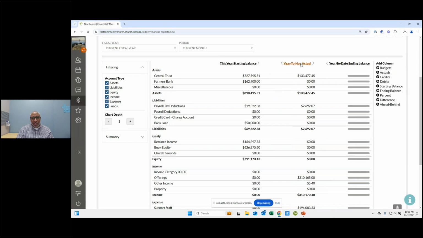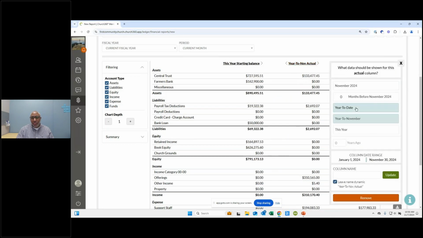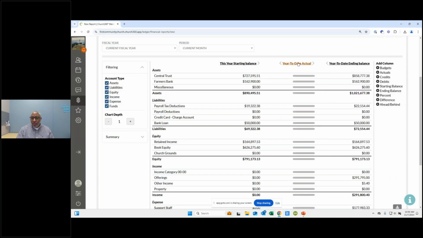I'm going to change this one by clicking on the column header and change this one to year to date as well and update. So this one is year to date actuals, year to date ending balance, 727,000 plus 131,000 equals 858,000. And then that would be my account balances report.